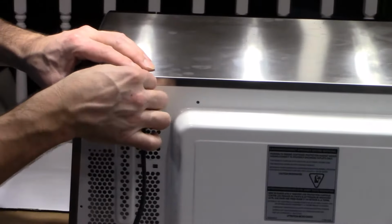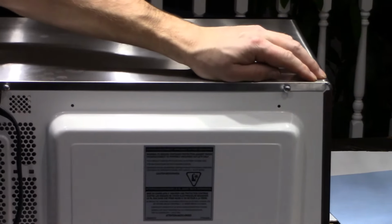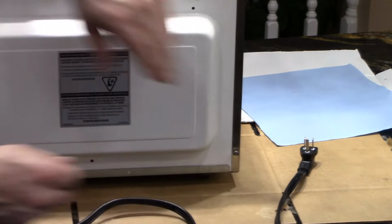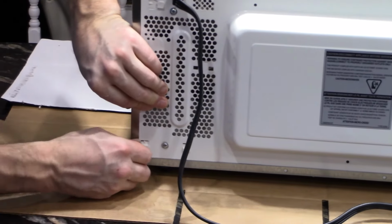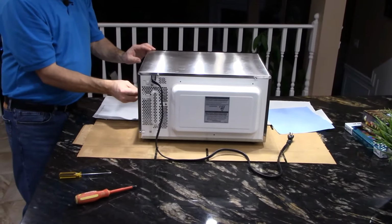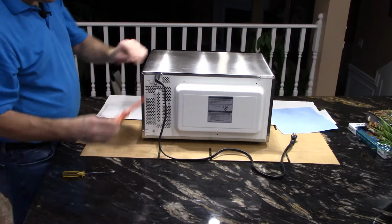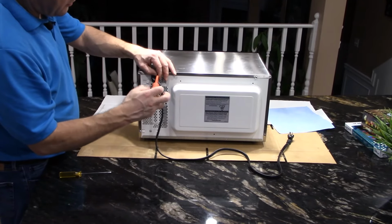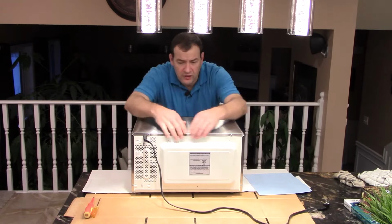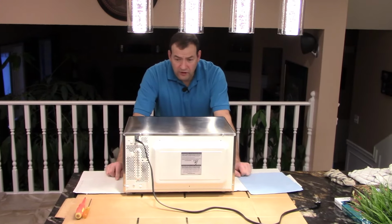Then all you have to do is put the screws back in around the perimeter. And then the one in the side, if we remember there. And then just tighten them all up with the screwdriver again. Okay, so now we have the cabinet back together again. I've got all the screws back in, and it's all put back together. The only thing is now, wow, we have a...